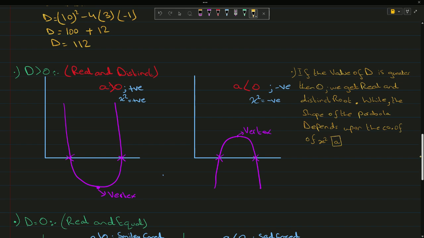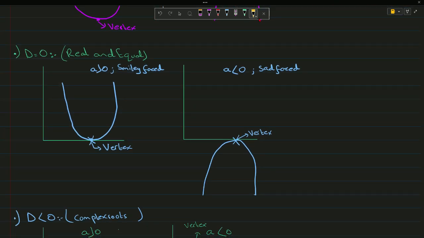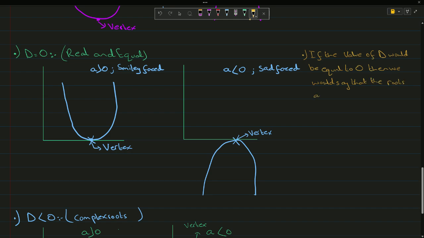Okay, the same thing here. If the value of discriminant would be equal to 0, then we would say that the roots are real and equal,